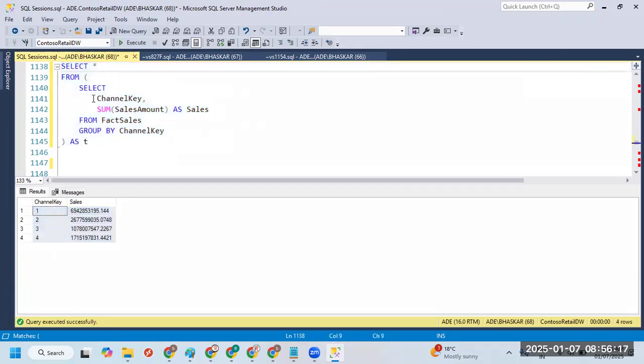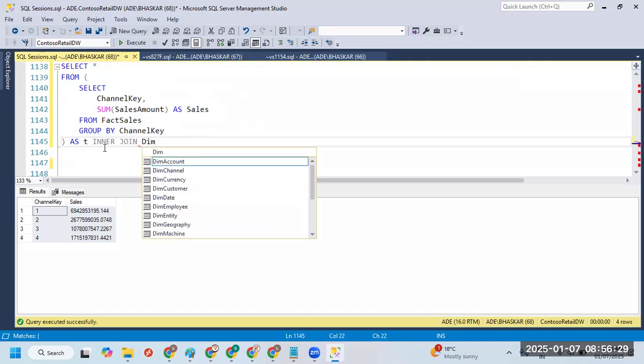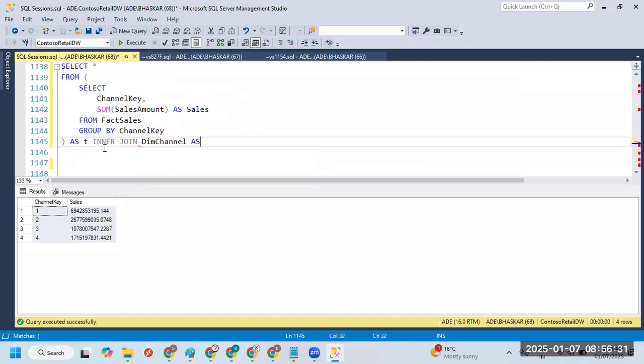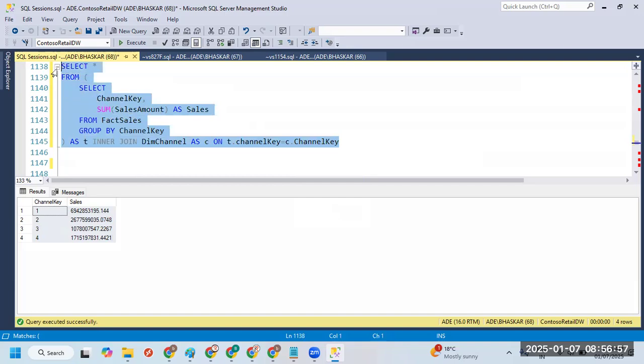But I wanted to join this table with another table. So here, inner join dim channel as C on T dot channel key equals C dot channel key. This channel key is coming from the T table. So I'm just taking T dot channel key and C dot channel key. Now, if I execute this,